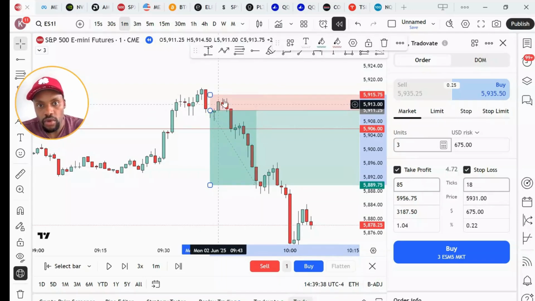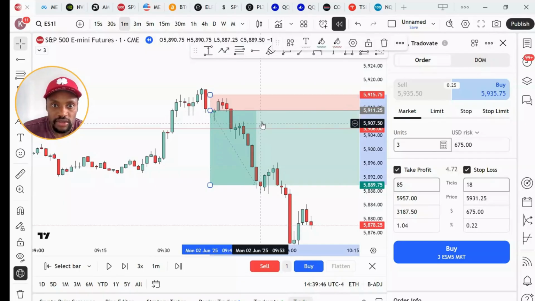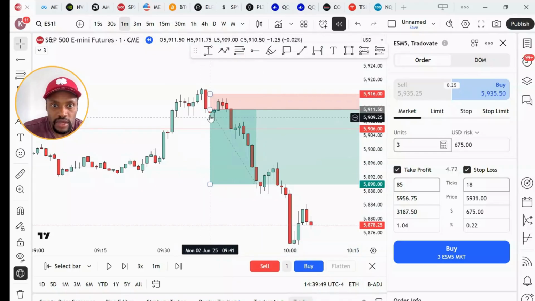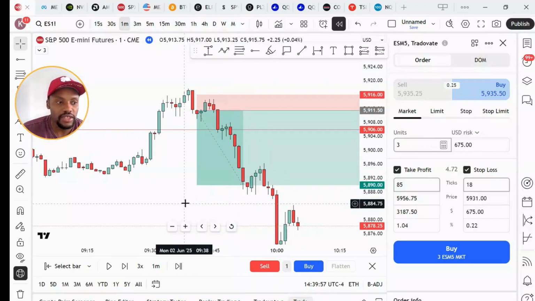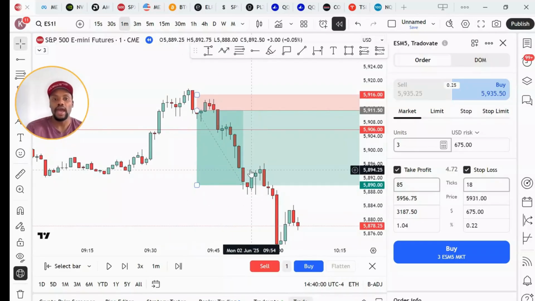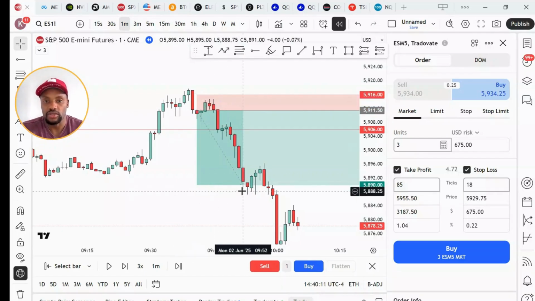And you can see, although it would have retraced, you wouldn't have been stopped out because you took your entry at that open. Let me actually align it perfectly. So boom. At that open, you take your entry, price pulls back, but then it does its thing. Even if you're looking at this from a 1-minute perspective, you'd have been okay because you'd still have been able to take your entry and potentially just watched price retrace a little bit, but inevitably it would have hit your target. So essentially you would have made close to $3,200 in a few minutes and you'd have passed your